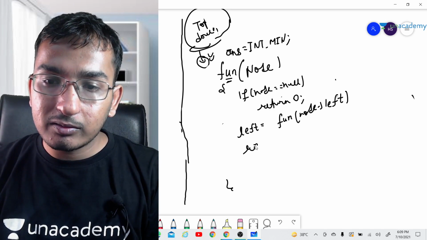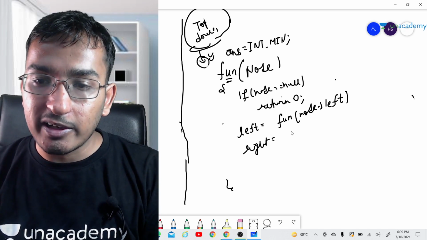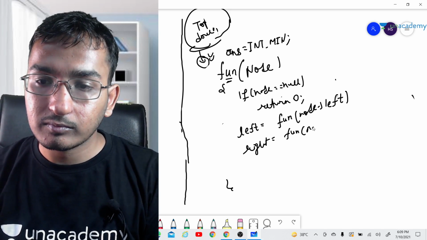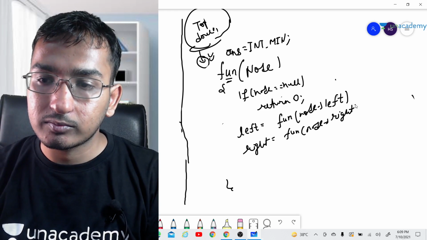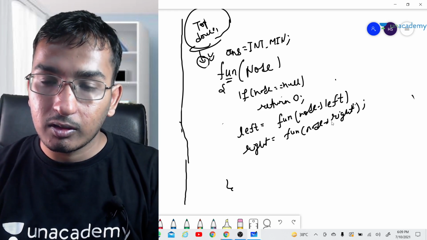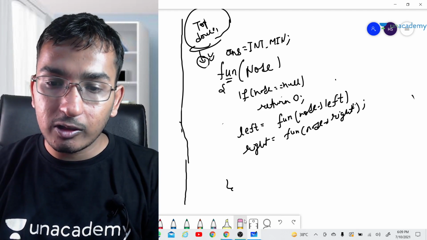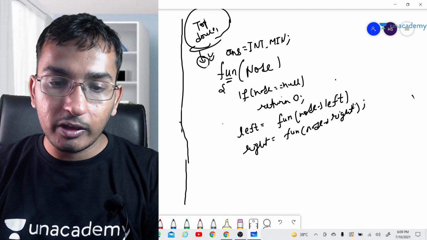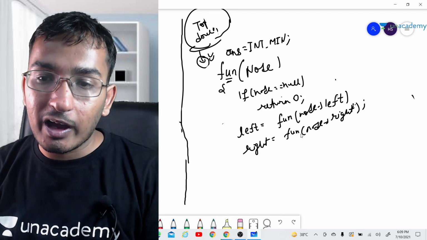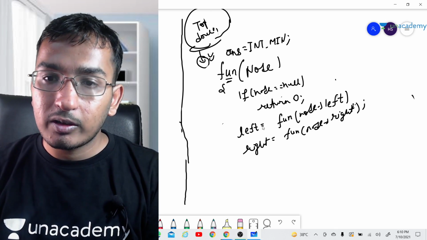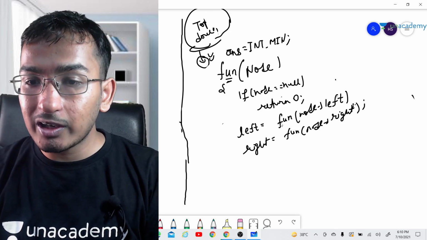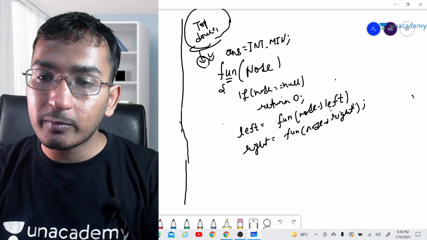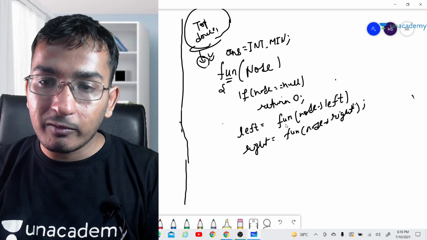And the same thing I am asking the right subtree, node of right. Okay, so here I am asking the same thing to the node of right. Now one more thing I need to mention here, guys. You can't take the negative numbers if this function is giving me a negative number. So what I will do here,